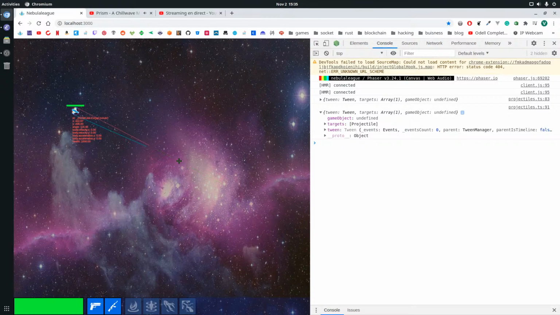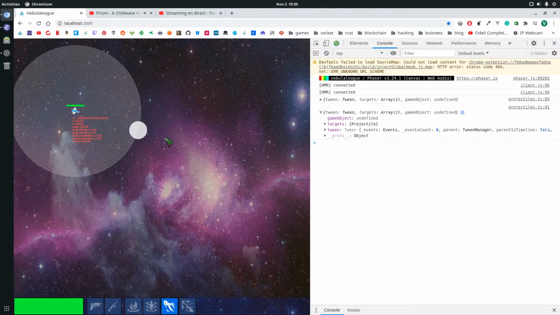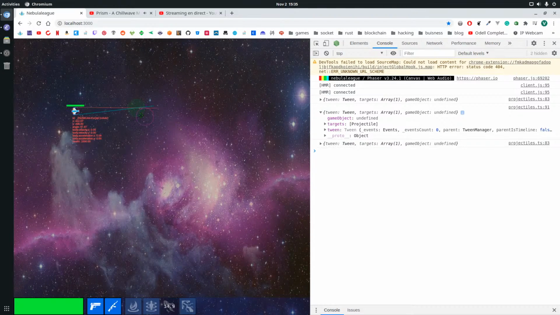Something I don't understand. My collision is here. What happened? I don't know.